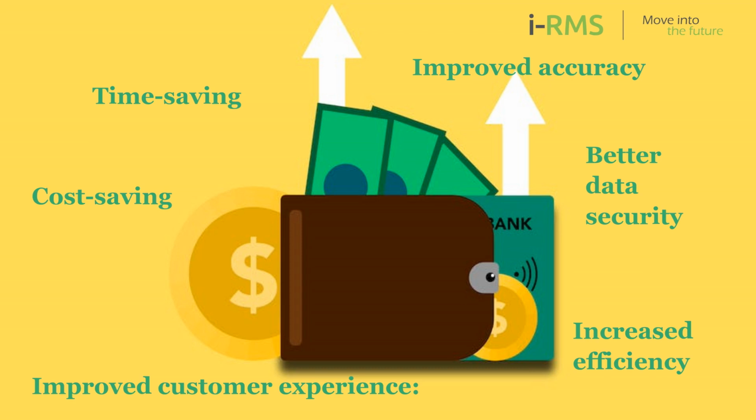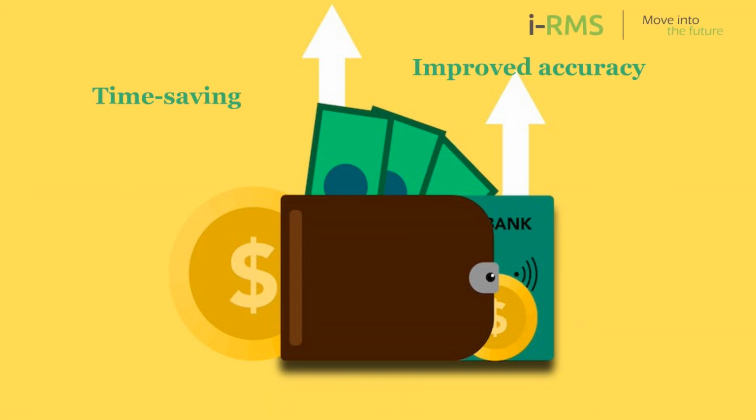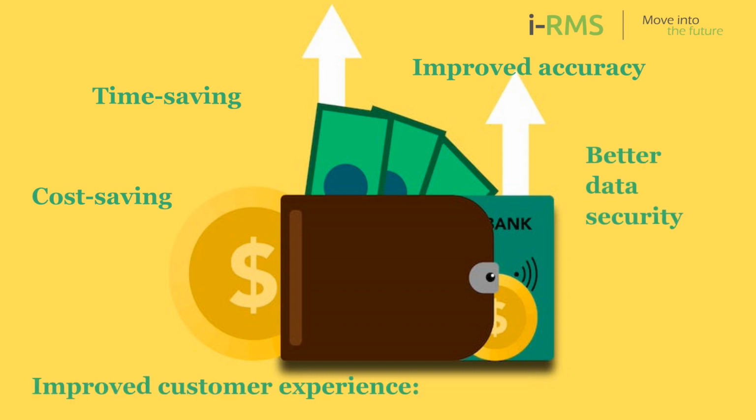Improved accuracy. APIs can help ensure data accuracy by eliminating the risk of errors that can occur during manual data entry and processing. Improved customer experience. By automating data exchange processes, businesses can provide a faster and more reliable service to their customers, improving the overall customer experience. Increased efficiency. APIs can help businesses streamline their operations, making them more efficient and effective. Better data security. APIs provide a secure way to exchange data between systems, reducing the risk of data breaches and